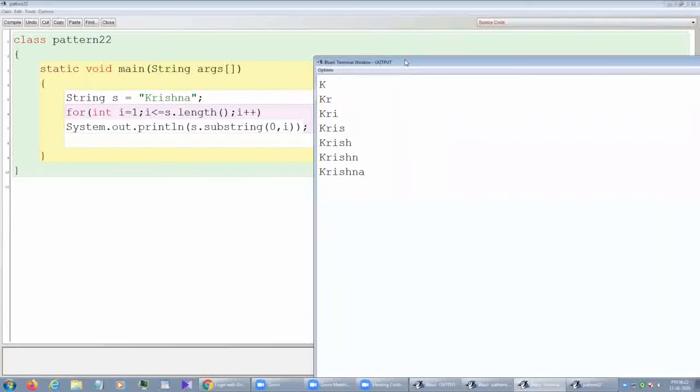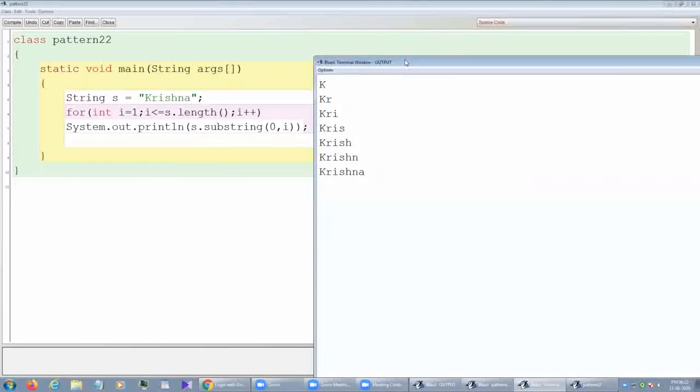Whatever value we give, it will extract from this value to the end of the string. And if you give a range like 2, 5, then it will start from 2 and go to one less than 5, that means 2, 3, 4. It extracts the characters at those indices.